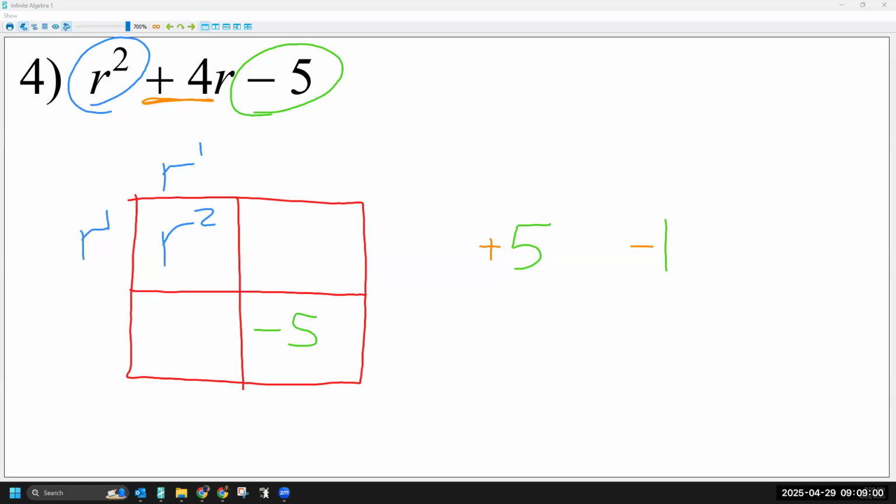So if I multiply them, they make -5. But if I add them, they make +4, which is what I need. So +5, -1. So R plus 5, R minus